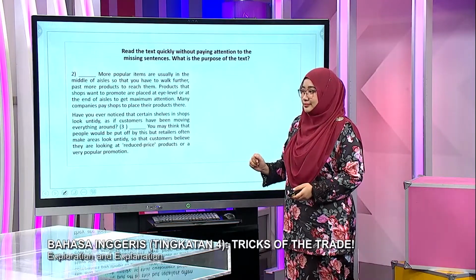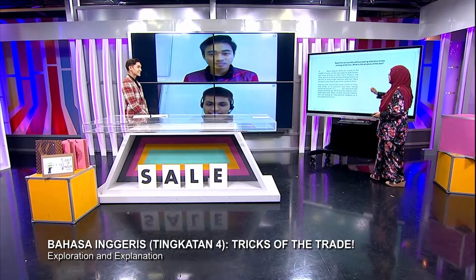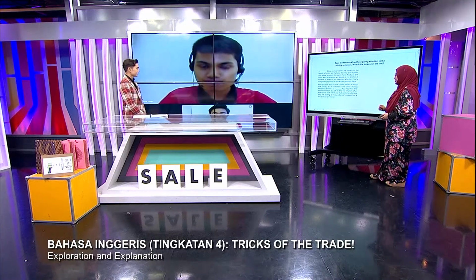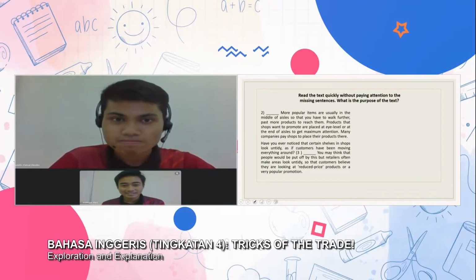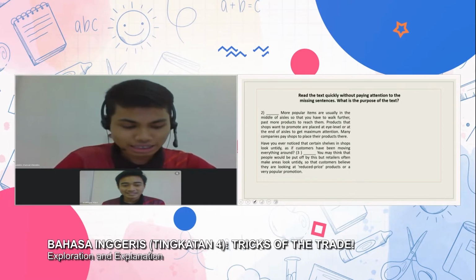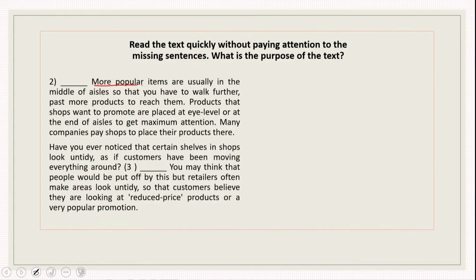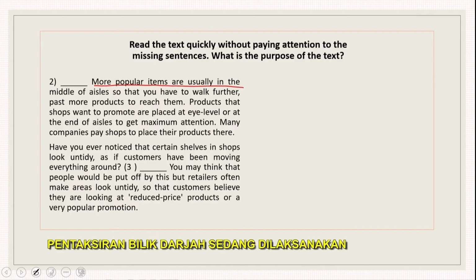Shall we have Arif again? Okay, sure. More popular items are usually in the middle of aisles, so that you have to walk further past more products to reach them. And the last sentence is, many companies pay shops to place their products there.